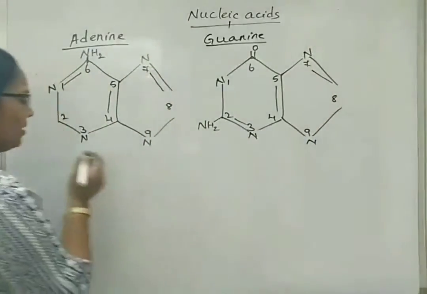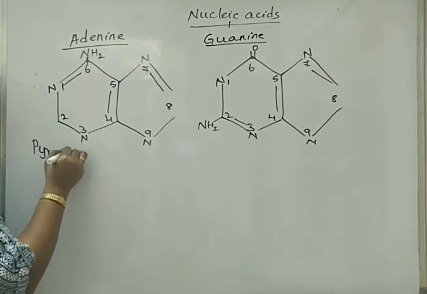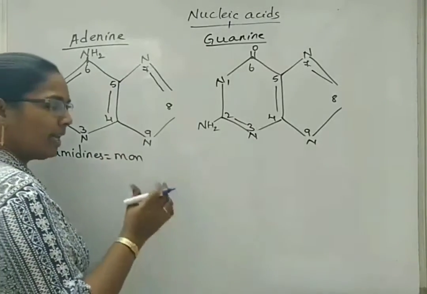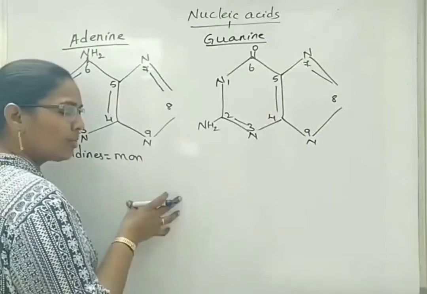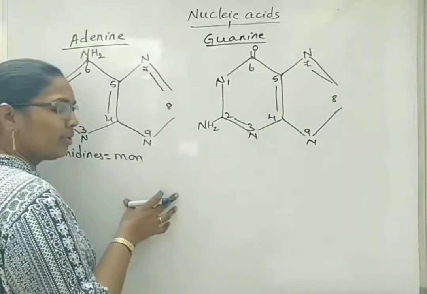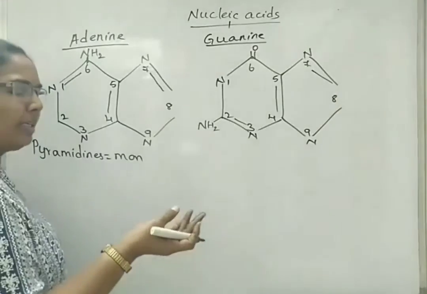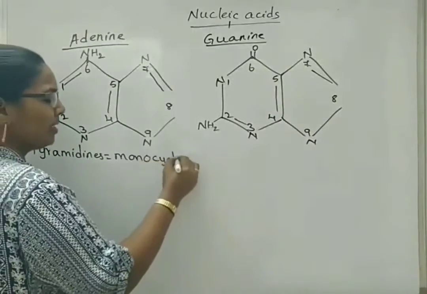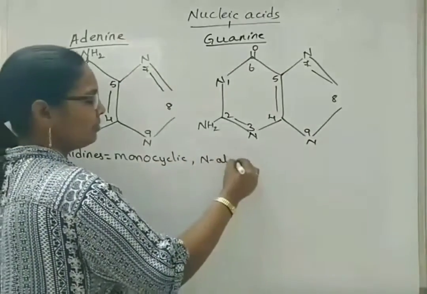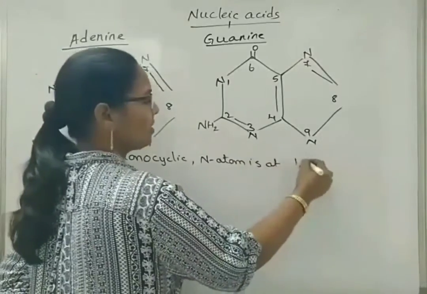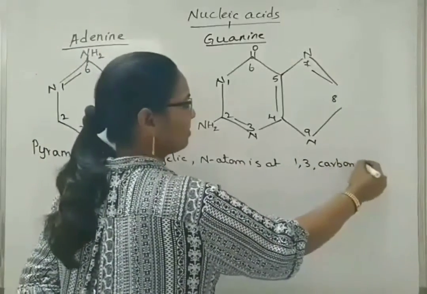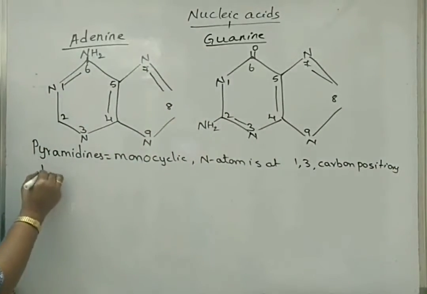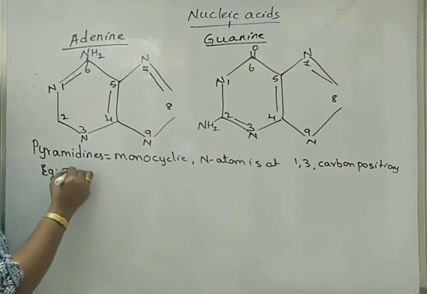So these are purines. Then what about pyrimidines? Pyrimidines are monocyclic, meaning only one benzene ring will have additional different functional groups at different positions, and they will be converted into pyrimidines like thymine, uracil and cytosine. These are monocyclic. Nitrogen atoms are at the 1st and 3rd carbon positions. So if we write here, the examples under pyrimidines are thymine,